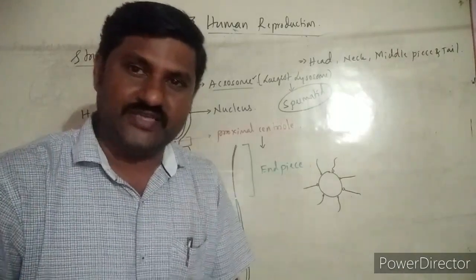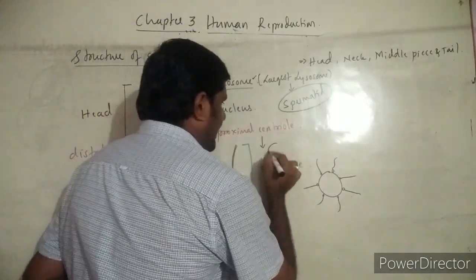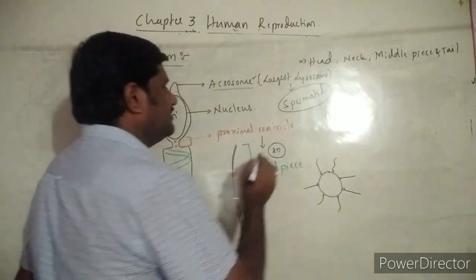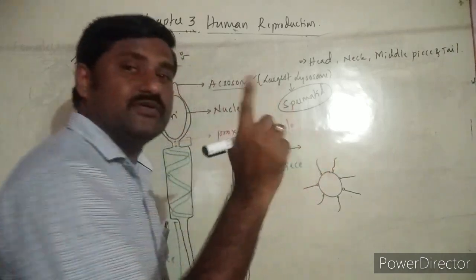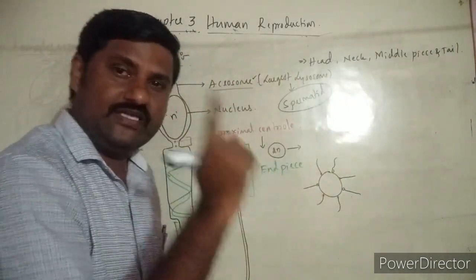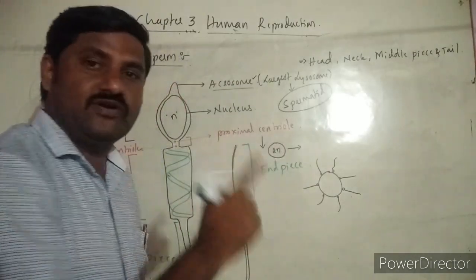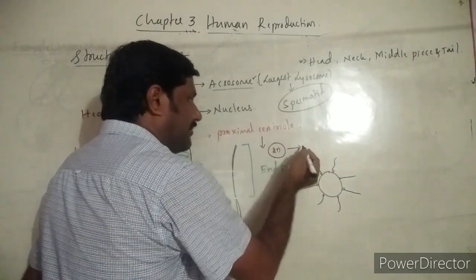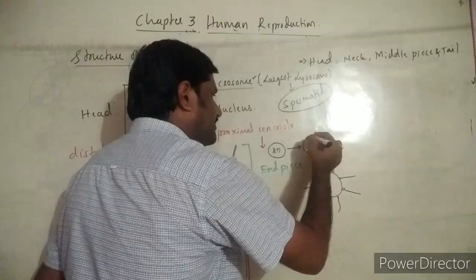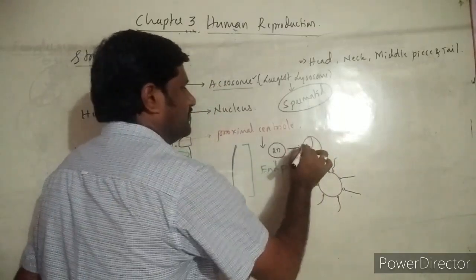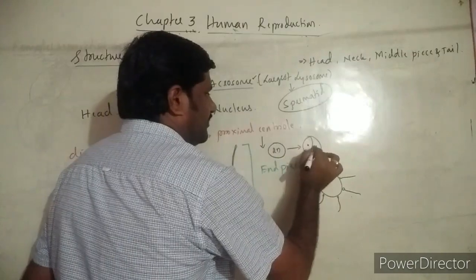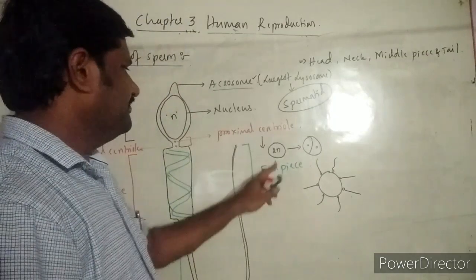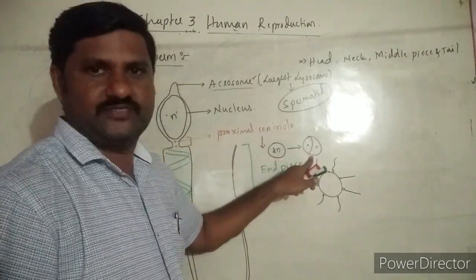You don't know what cleavage is now. So imagine the zygote is formed, containing a diploid number of chromosomes, and this zygote undergoes continuous mitotic division. I have explained this in the first video. That continuous mitotic division of the zygote itself is called cleavage. So in the first cleavage, two cells are formed, and these two cells are called blastomeres. That is immaterial. See here, this zygote undergoes mitotic division.